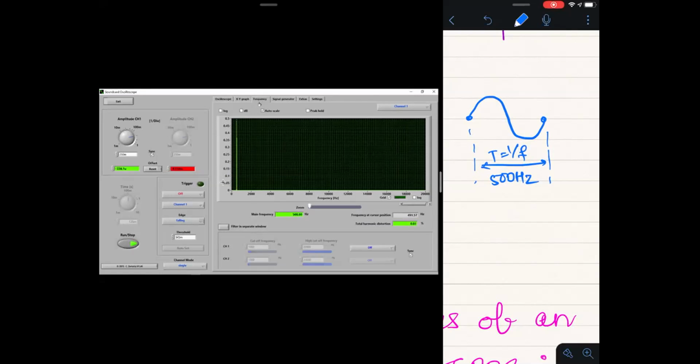Now in this frequency section, click over here and slide this zoom. Now go to 500 and let it zoom.